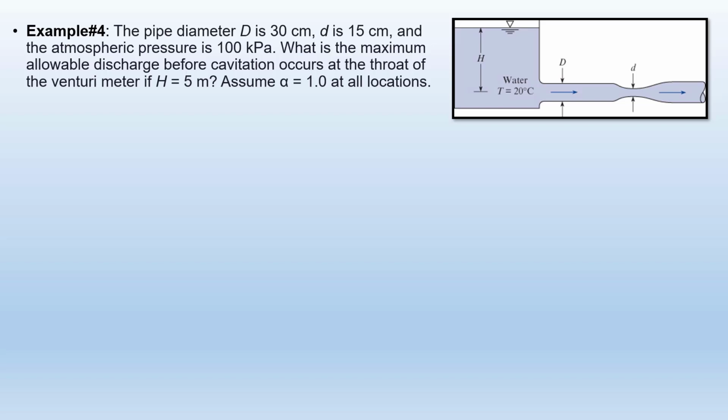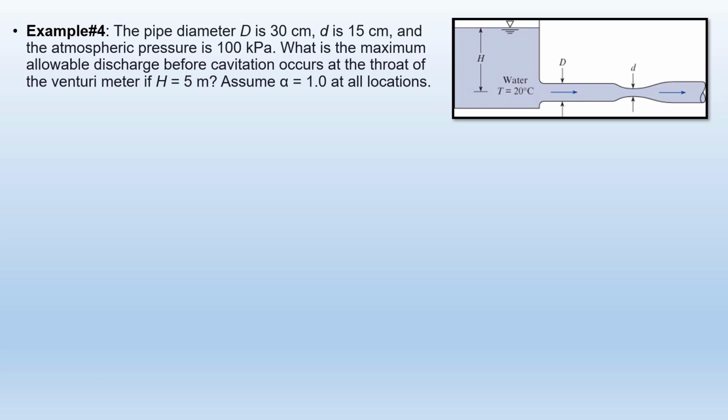So the pipe diameter, capital D, is 30 centimeters. Also, you can see it in the photo. And small d is 15 centimeters. And the atmospheric pressure is 100 kilopascal. What is the maximum allowable discharge before cavitation occurs at the throat of the venturimeter if capital H is 5